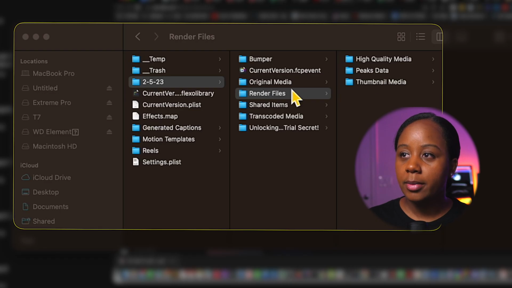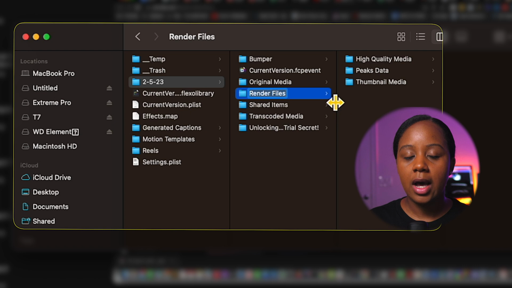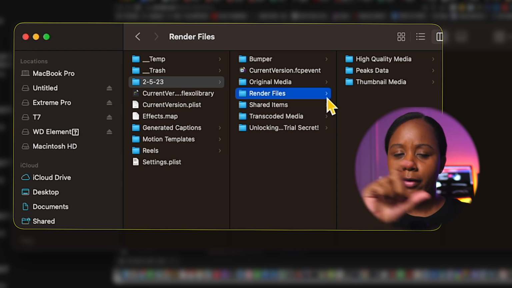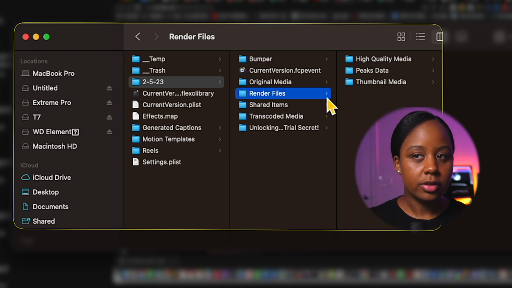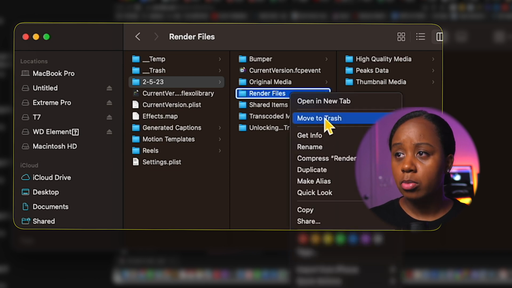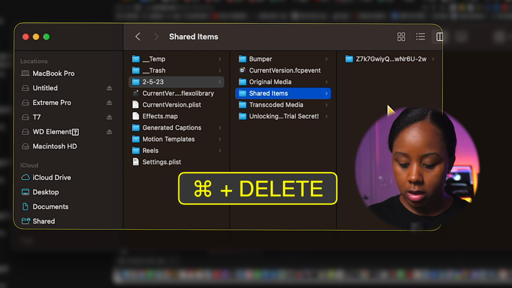So here I'm gonna go to render files, and since it's an automated process in Final Cut, you're not breaking anything. All you have to do is when you reopen your library, go to the project, have it re-render the video, and then you'll be good to go. So I'm gonna go ahead and right click, move to trash, or I'm gonna hit Command Delete to